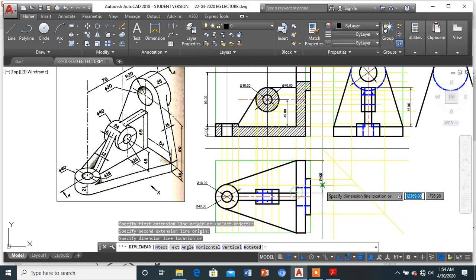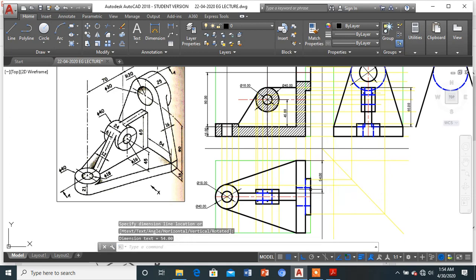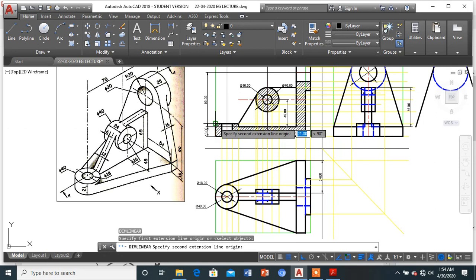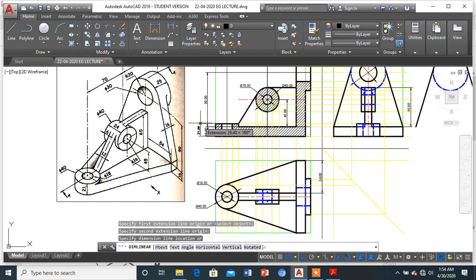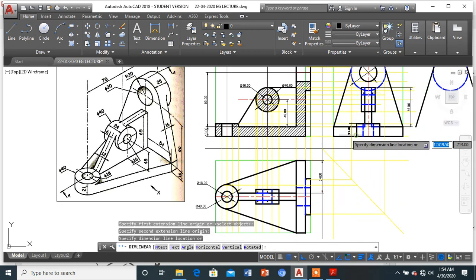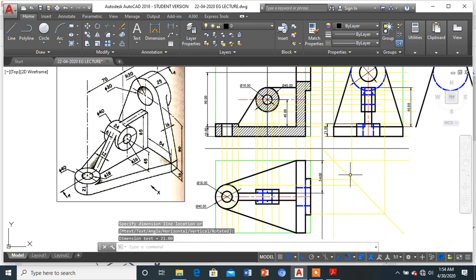From here till here, it's 54, which is given to me by default. Some of the dimensions left out in the front view: from here till here, the distance of 21. I can show it on the other part, so that the intersection of the axis should not happen. This is 21 over here.